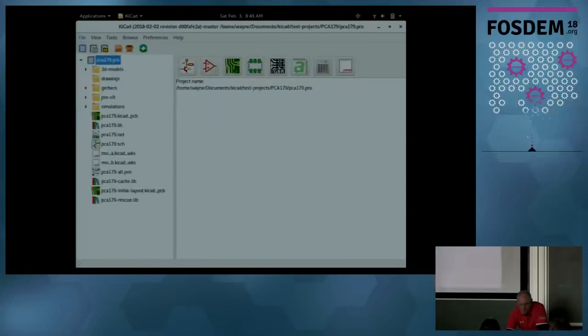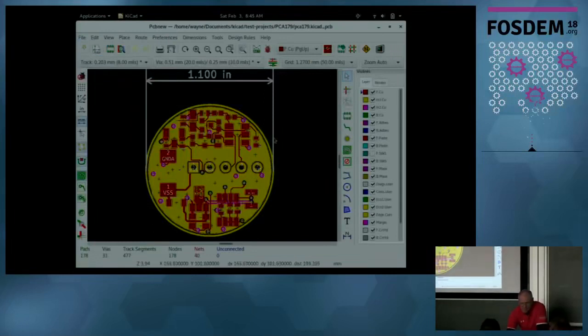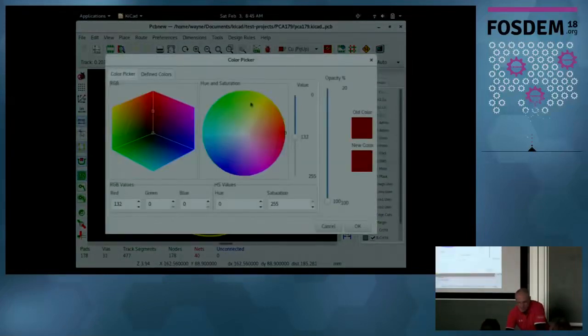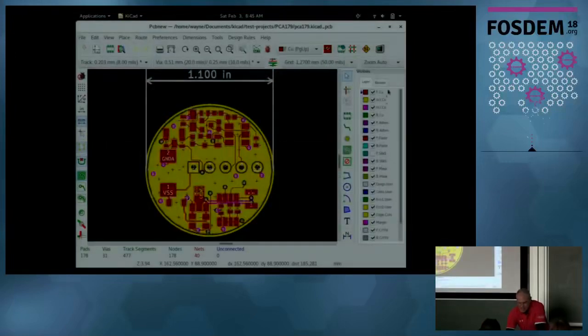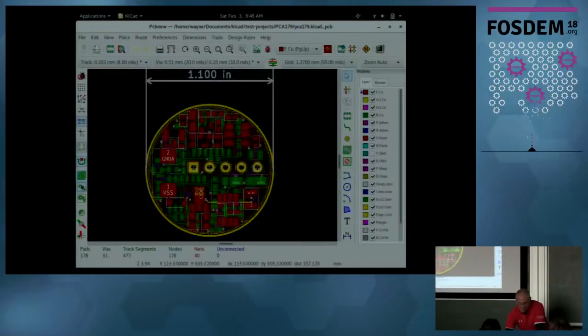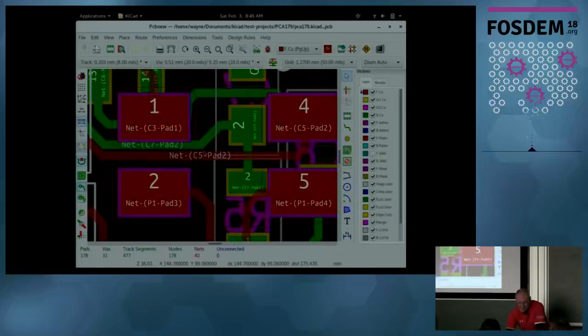So the board editor got some significant changes this time around. One real handy change is transparency. When you're in the accelerated, what we call modern now, what we used to call OpenGL, you actually can have transparent layers. So if I want to change the layer, say here's the bottom layer, let's turn it off. You can actually see the layer transparency turned on right here in this net. So if you're looking at complex boards with multiple stacks, you can set the transparency on each layer